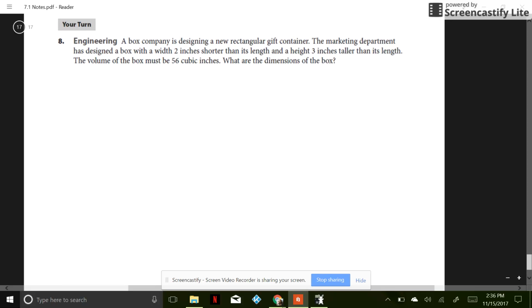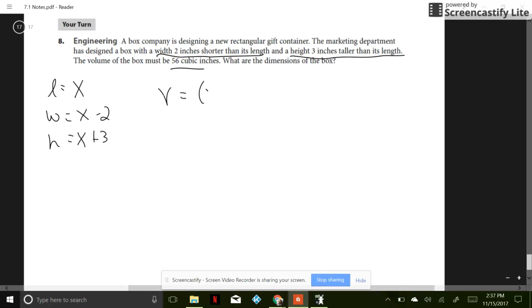So if we work through one more of these, a box company is designing a new rectangular gift container. The marketing department has designed a box with a width 2 inches shorter than the length and the height 3 inches taller than the length, and the volume is 56. So if we call our length x, then the width would be our length minus 2, and our height would be the length plus 3. So if we're talking about volume, length times width times height. For a rectangular prism, if you distribute,